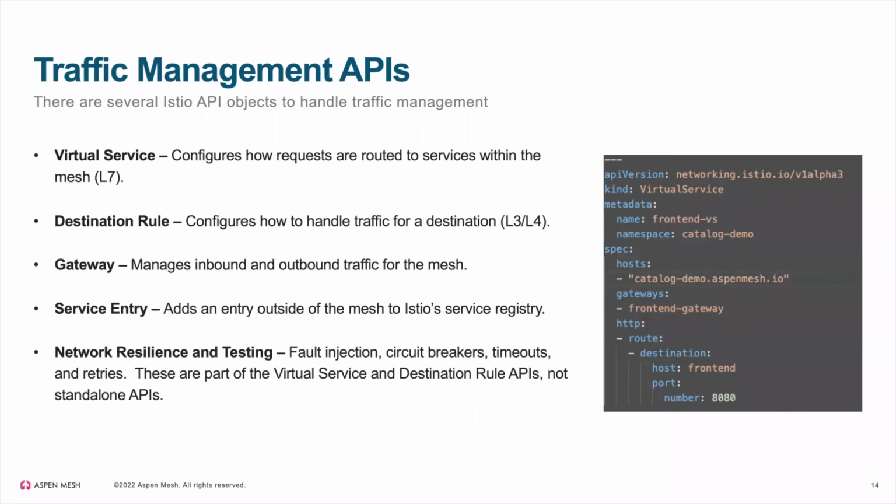And so that gives you the complex routing within the mesh. The destination rule would then kick in after the virtual service evaluated whatever rules it had, and the destination rule would then say, okay, I want to make sure all requests are going to terminate TLS at service B, or I want to set a connection timeout, or things at the layer 4 level.